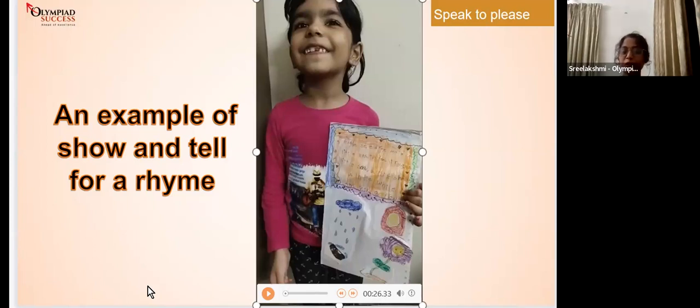All right. So that is how she gracefully presented a poem. So I told you show and tell can be used in multiple ways. One can be the normal format and another can be by making a poem out of it. Just like this child here has done. Wasn't she wonderful? She has presented gracefully. So now coming to our activity.